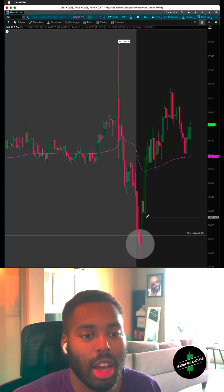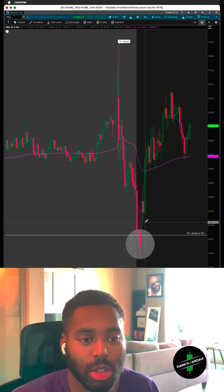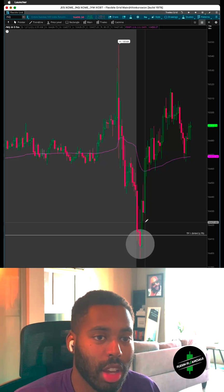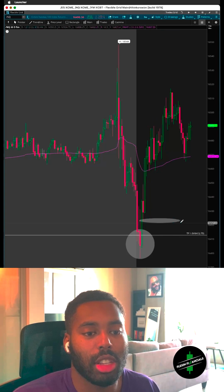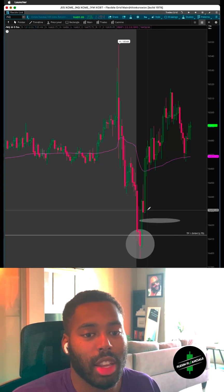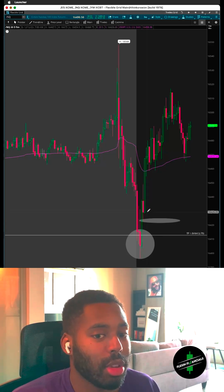I was like, hey, I'm looking for longs if we can pull back into the 16,420 area and we can hold that level. And that's exactly what ended up happening. We pulled back into this, we held this level. I didn't get in right at this area. I wanted, again, just a little bit more confirmation. So I ended up getting long at like